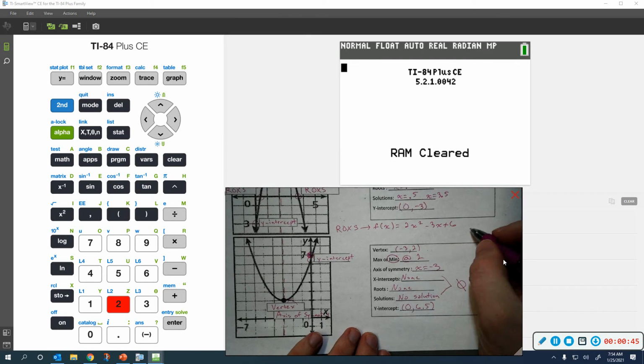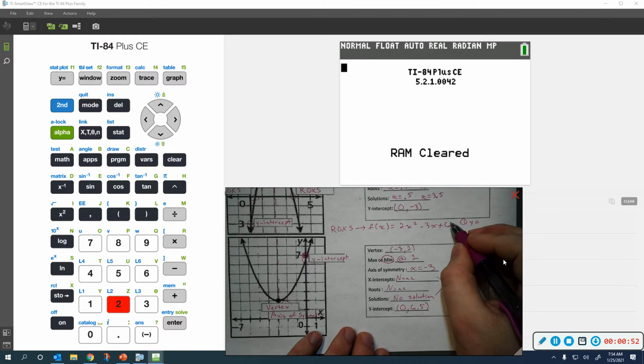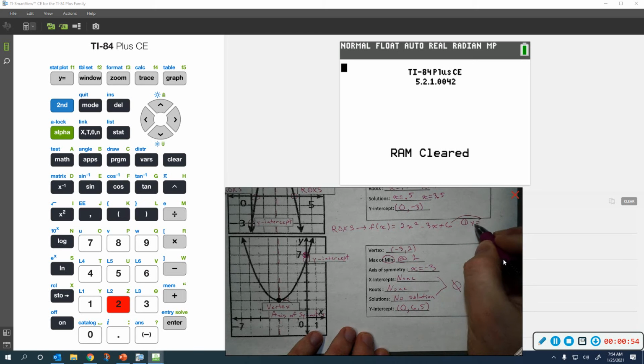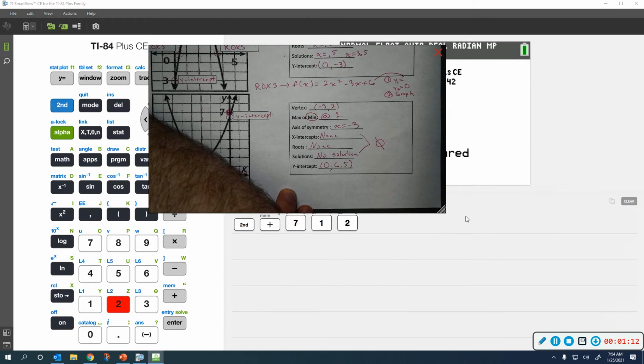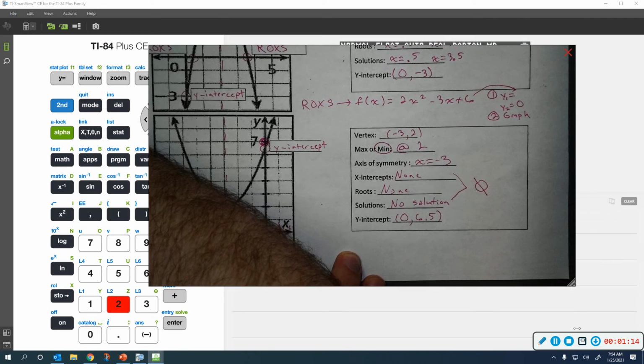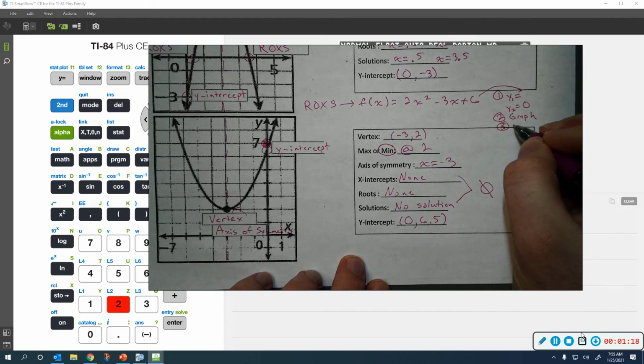Well, the first step is I'm going to put this into y equals. So step 1, y equals, and we'll put the equation in y1, and then on y2, remember you're going to have to put in y equals 0. Our second step is then we're going to hit graph. Our third step, well, you know what, I'll get all the steps in nice and big and then we'll do it on the calculator. So, our third step is going to be where you go